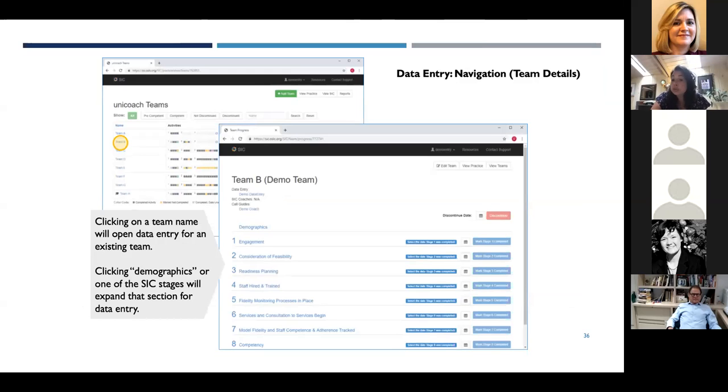The data entry was already in place, and so we're just building off of that. Essentially, it's a basic accordion style data entry calendar menu, very streamlined. We've gotten feedback from many groups that it's very user friendly, easy, quick and dirty, you can just kind of get in and get out. It does become burdensome to collect this data if you do batch data entry. So the goal is that you are doing data entry prospectively as you are going along and working with teams. And if you do so, then it just takes 30 seconds to enter that date that you had. And then ultimately what happens is that you end up with a page of what we call the widget page. I will show you that in a second too.